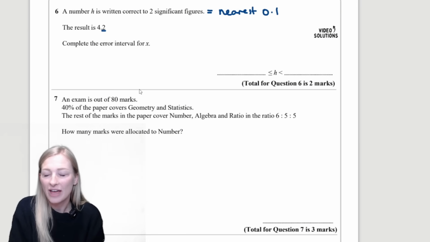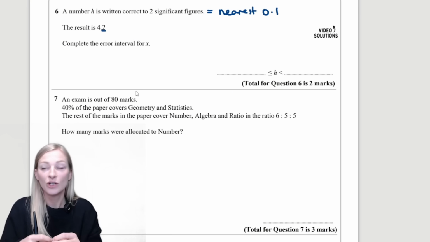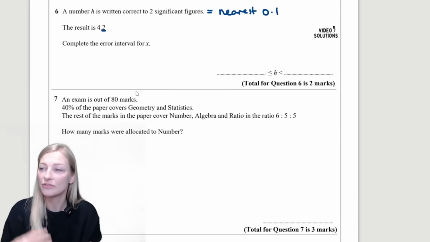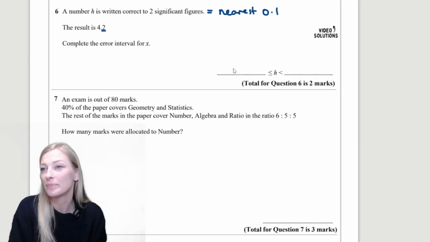Now, we half that amount. If we've rounded to the nearest 10, we go 5 above, 5 below. If we've rounded to the nearest 100, we go 50 above, 50 below. If we round to the nearest 5, we go 2.5 above, 2.5 below. Here we've rounded to the nearest 0.1, so I'm going to go 0.05 above, so 4.25, and 0.05 below, so